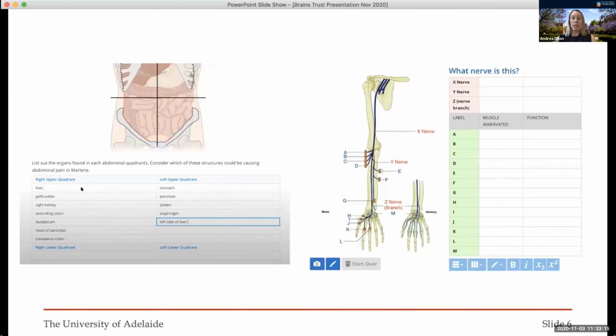Anatomy is huge in particularly Year 1 of the program. Normally there was someone on the whiteboard drawing all the anatomical diagrams, which depended on that student being really well prepared. We knew drawing wasn't going to work on Zoom with the facilities that we had or the students had. So what we did was we put images into LT, and then we provided tables for the students to complete